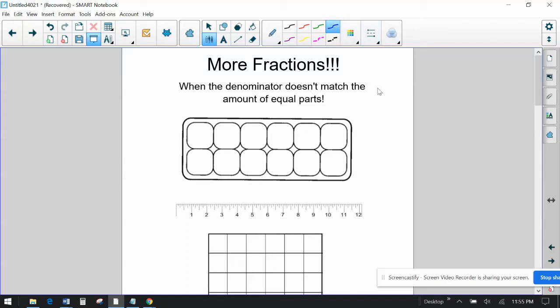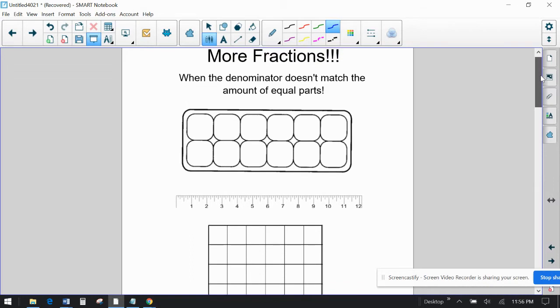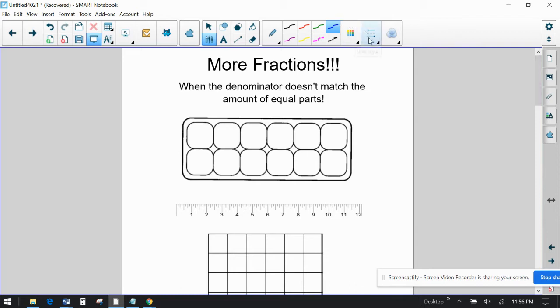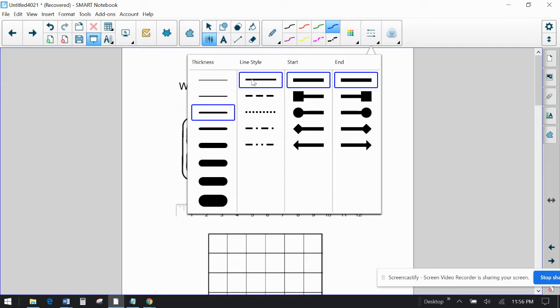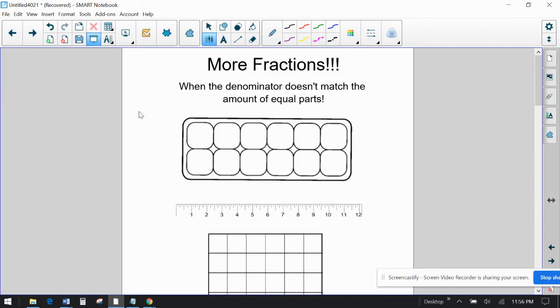All right, girls and boys, we are going to continue our lesson on fractions. And today we're going to focus on fractions and models when the denominator does not match the amount of equal parts. And what I mean by that is sometimes you'll have fractions where it works out perfectly where the denominator